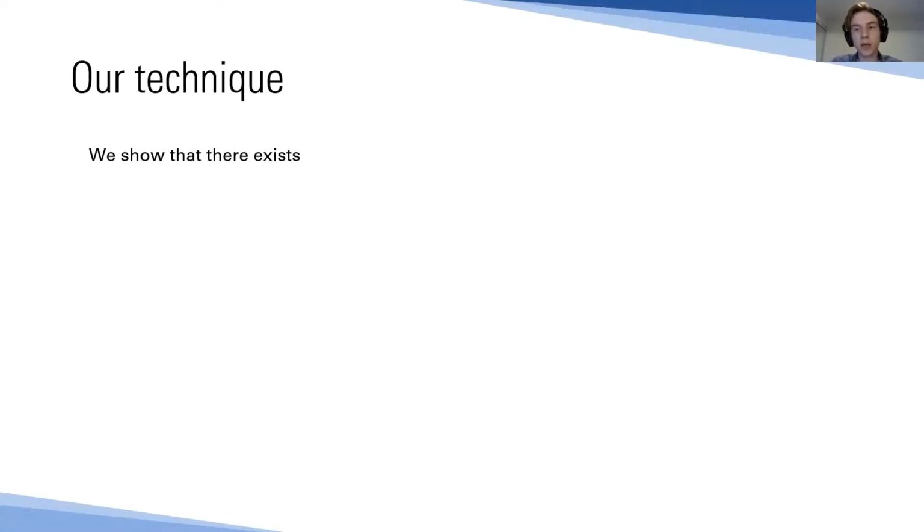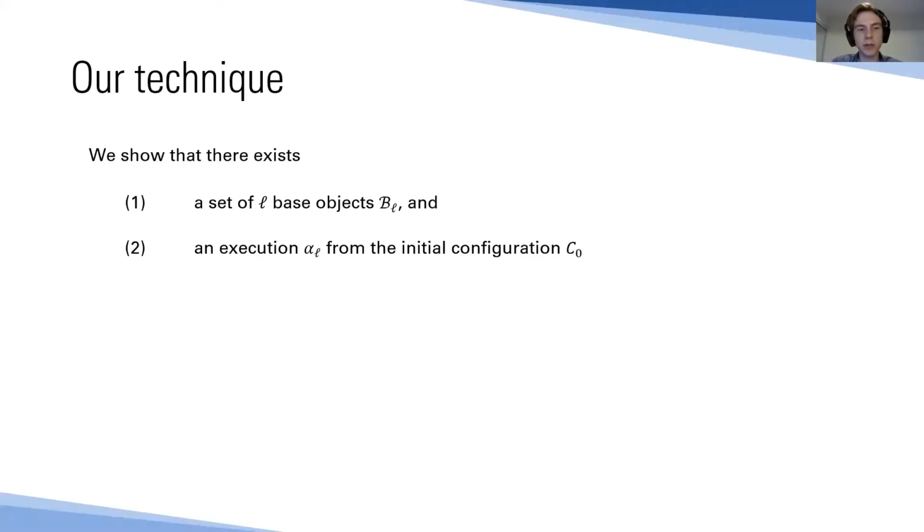So now I'll give a high-level overview of the technique that we use to achieve our lower bound in the paper. Our main technical lemma looks like this. We show that there exists a set of L base objects called BL. L is some parameter here. The exact value of L isn't important to get the intuition of the lemma, so I will leave it undefined. Along with this set of base objects BL, there's an execution alpha L from the initial configuration C0 that satisfies the following nice property. After alpha L is done, let's say we're in this configuration C,